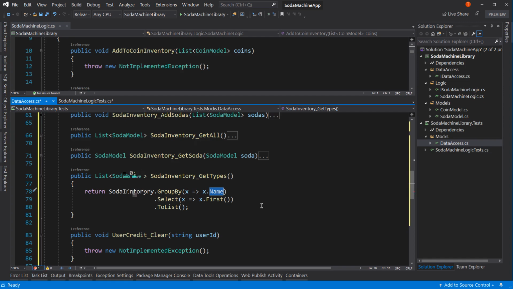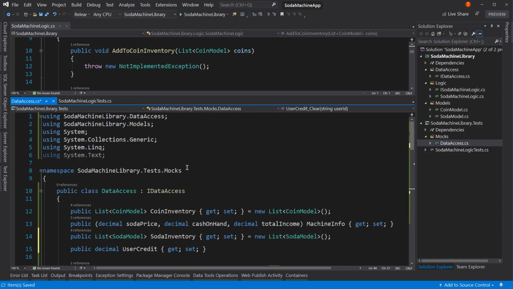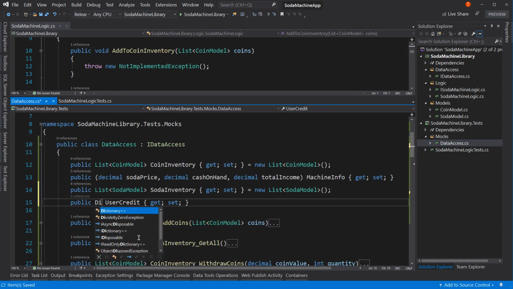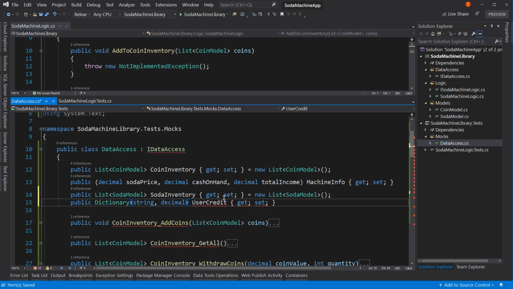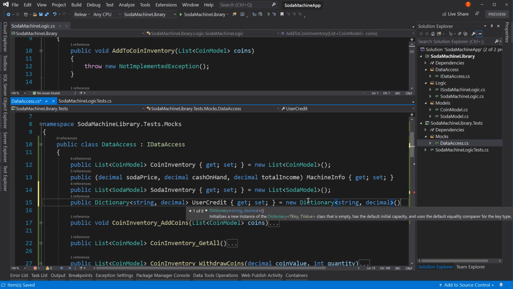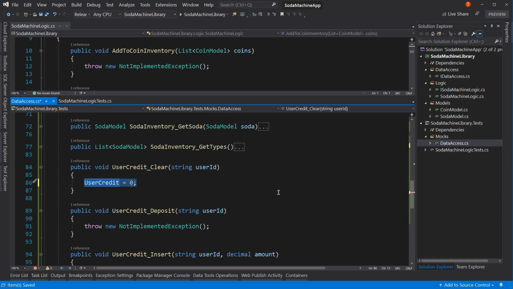equals 0 to clear it out. Oops, we have a problem. It's based upon the user ID. So we can't just have user credit like this. We need a dictionary of type string, decimal. And we'll say equals new Dictionary string, decimal. That way, down here, we can clear out based upon that user ID. So we'll say user credit for our key, which is user ID. And we'll say that